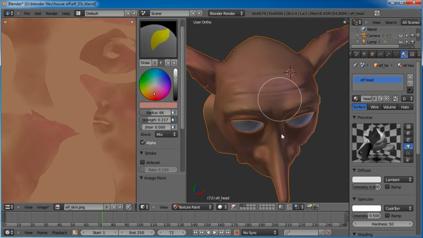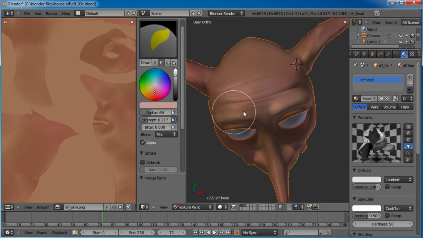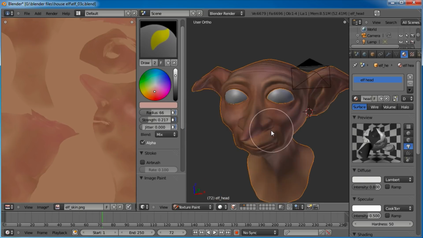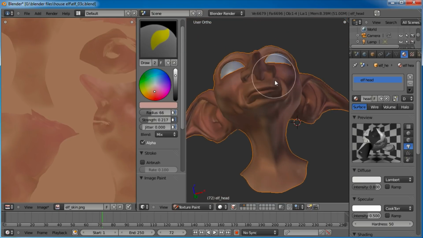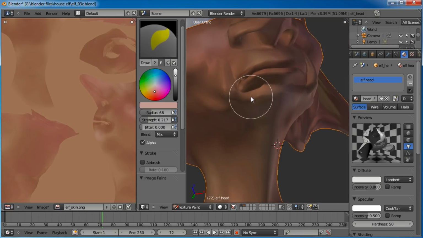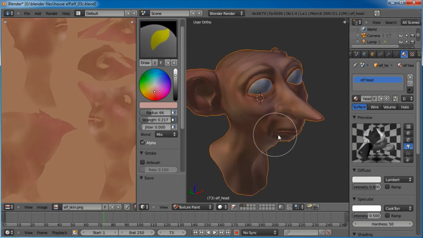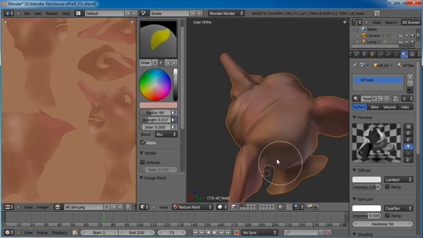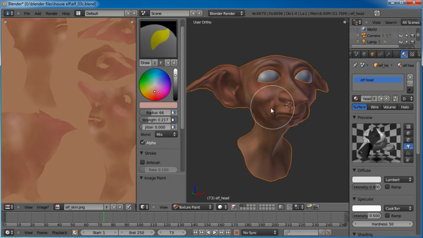ever so lightly. Maybe even brighten it up just a little bit more. Maybe come towards the white in the center of the color circle there a little bit. Just touch it up. Maybe just a little bit around the cheekbones. And maybe, like I said, around the middle of the nose. Okay, and let's put a little dot there on his chin. Okay, go ahead and save. Let's put a little dot on the top of his cranium there. Okay, I think I'm pretty well happy with that skin tone. Now let's save it one more time,